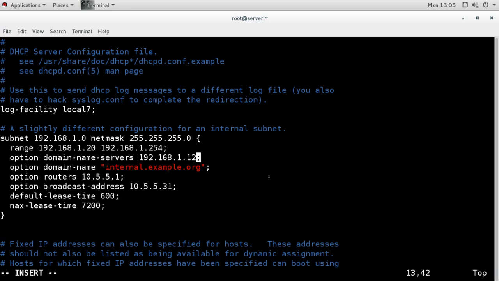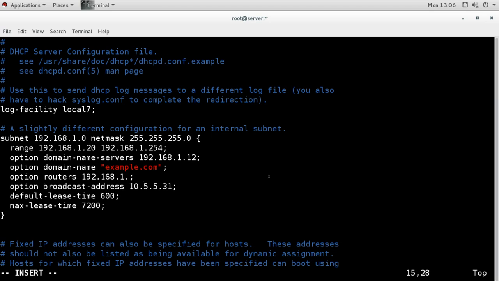Now here you will mention your domain name. So my domain name is example.com. Then here you will mention the broadcast address for your network. So 192.168.255. This is going to be the broadcast address. By default it is the broadcast. Okay, no, this is router, sorry.